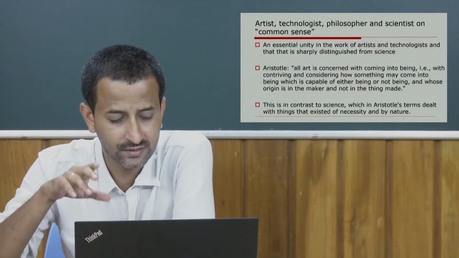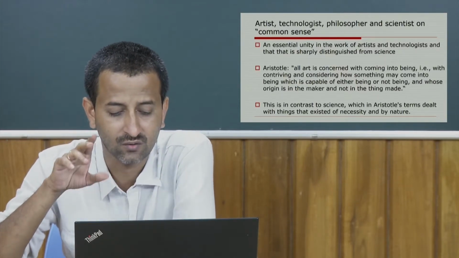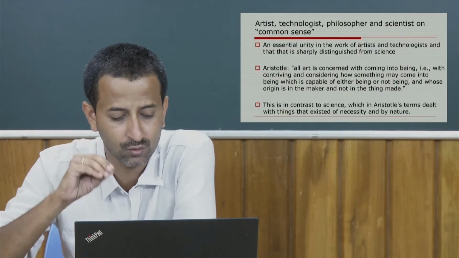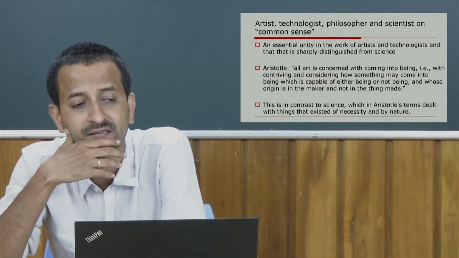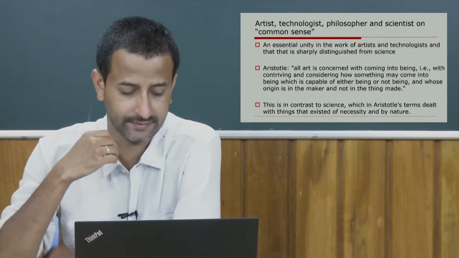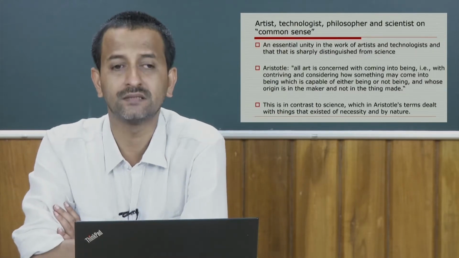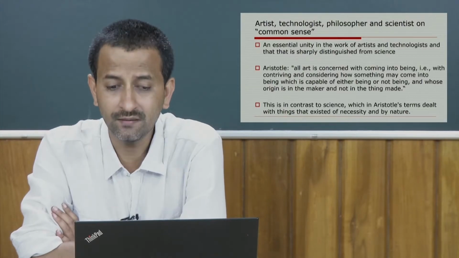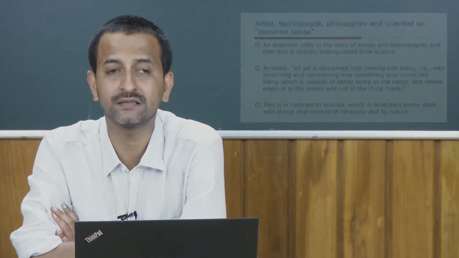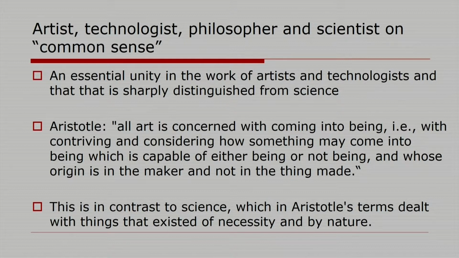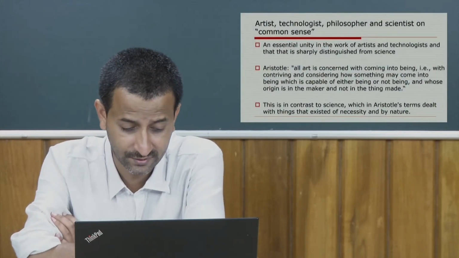supposed that there was an essential unity in the work of artists and technologists, that both were sharply distinguished from science. Aristotle maintained that all art is concerned with coming into being, that is, with contriving and considering how something may come into being which is capable of either being or not being, and whose origin is in the maker and not in the thing made. Okay? This is in contrast